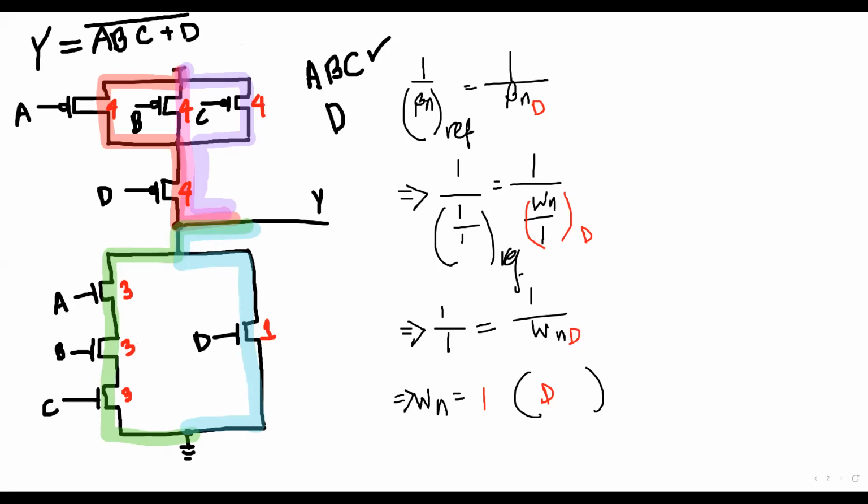Y is equal to AB. Do not think about this bar. AB plus C plus D into E. There is a combinational logic for this one. I want you to try it. Okay. Today you try it, and in the next class you will submit this.